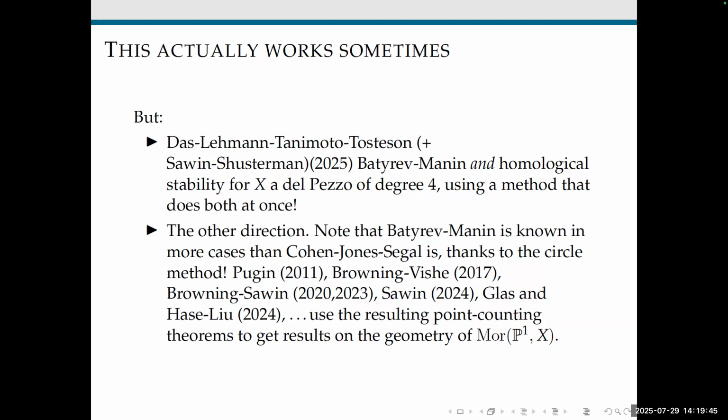In fact, analytic number theory is so good that it gives you such good bounds on the point count that it puts you in that slightly unrealistic situation where you can derive some actual geometric information from it. So this starts with the PhD thesis of Thibaut Bongard back in 2011, but there are wonderful papers by Tim Browning and Pankaj Vishe, Tim and Will, Jakob Glas and Matthew Hase-Liu, who's here, where the information you get about point counting is so strong that it actually allows you to get information for the earlier papers in this list about the irreducible components